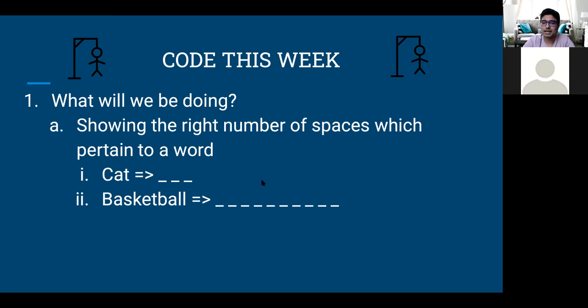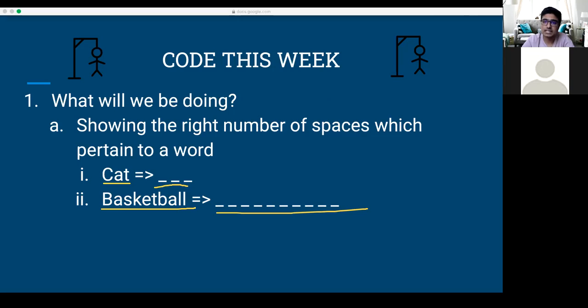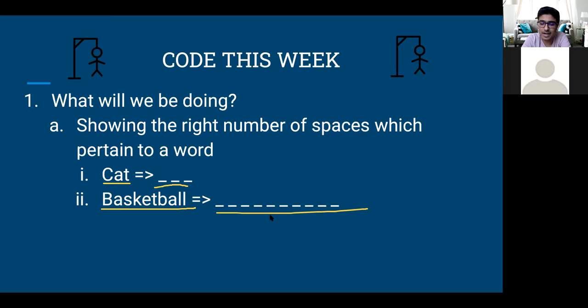So if you're playing hangman, you've got that little stick figure drawing in the top left, whatever you use to keep track, right? And then you've got a word which somebody selected. So say the word is cat, we should see 3 separate underscores, aka 3 separate spaces, signifying that there are 3 letters in that word. Similarly, if we've got a word like basketball, we should see that there are 4, 6, 8, there should be 10 different underscores representing that there are 10 different letters which still need to be guessed correctly, right?